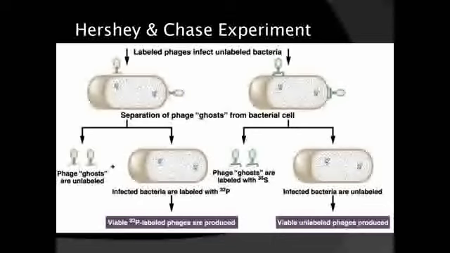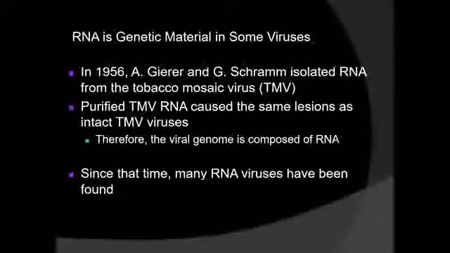So after the hosts were separated from bacterial cells, the viable phages that were produced contained radioactive phosphorus. However, from the unlabeled infected bacteria, unlabeled phages were produced. This showed that the radioactivity that was present inside the bacterial cells was from the nucleic acid. This means that viruses injected their DNA into the